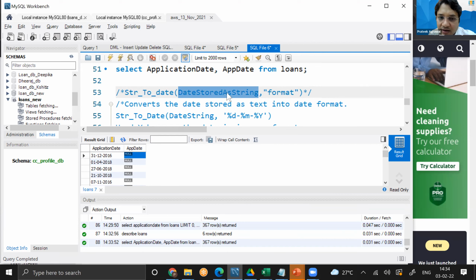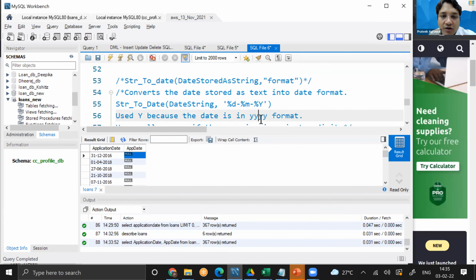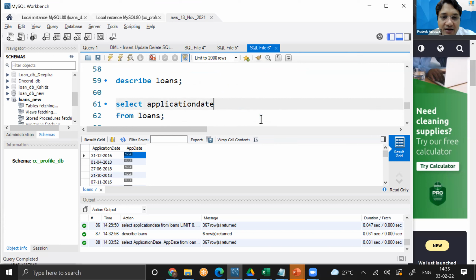The second is how that date is stored as text, I mean, in which format the application stores the date parameters. That is where this kind of a format comes into the picture. Let's say I use string to date to convert application date, which is stored as text, I'll put it over here,